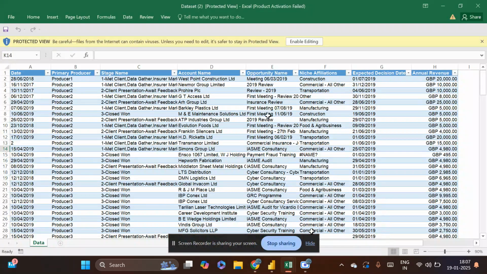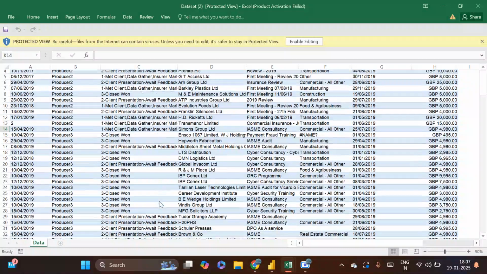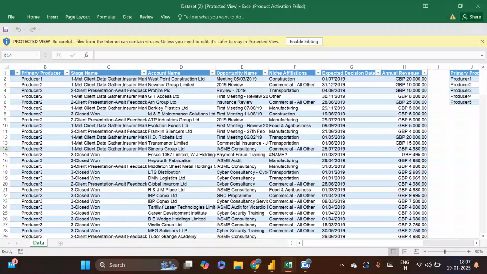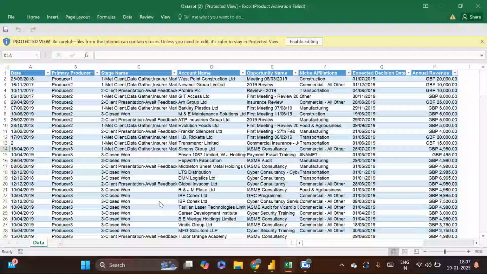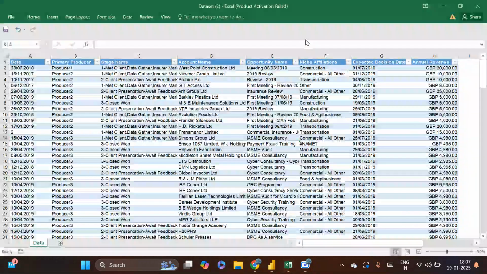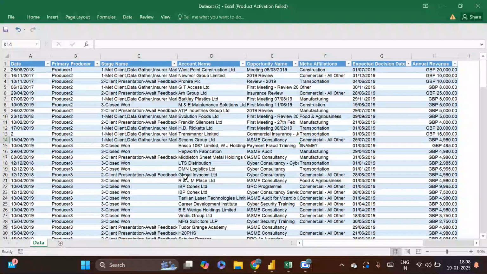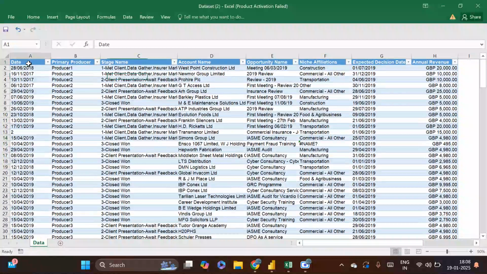Okay guys, so in the previous class I shared these data sets with you and asked you to create some reports. Let me first click enable edit so that this Excel workbook is in editable format. Now, if you see, I have some tables. I have this table, and I have this table,